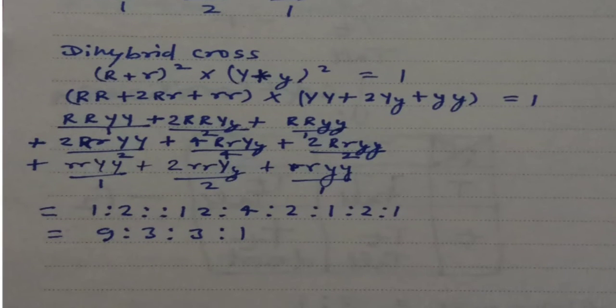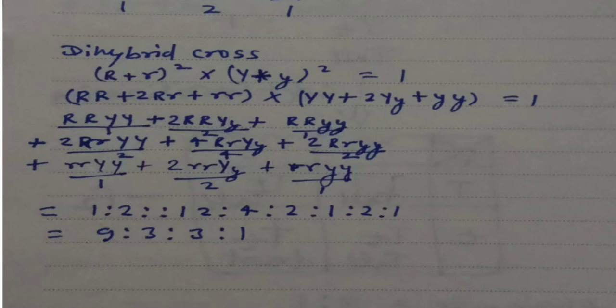The same thing also applies in a dihybrid cross. We will learn the dihybrid cross, but first of all we need to understand this. For example, we have chosen two traits: shape of seed and color of seed. For shape there are two contrasting traits, and for color there are two contrasting traits. Shapes are round and wrinkled. Round is represented by capital R and wrinkled is represented by small r. Similarly, color is also of two types: yellow by capital Y and green by small y.